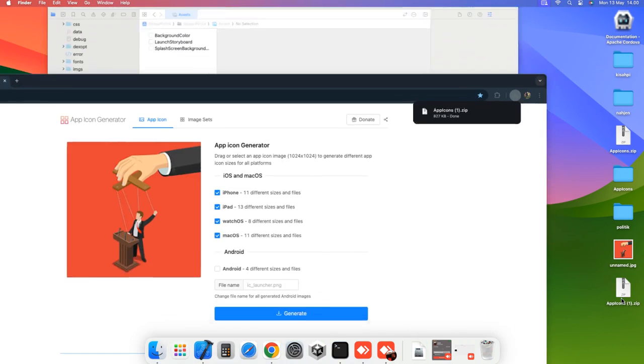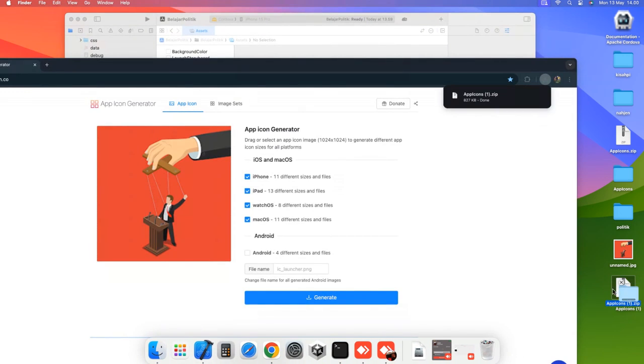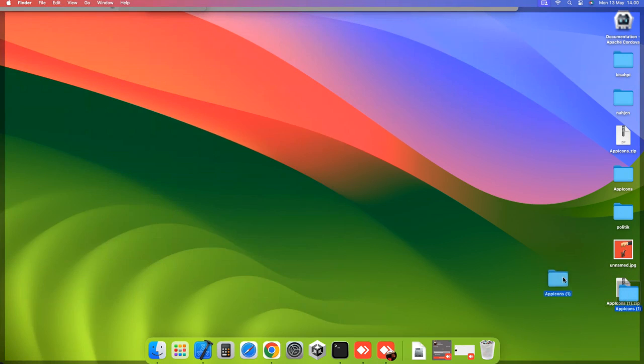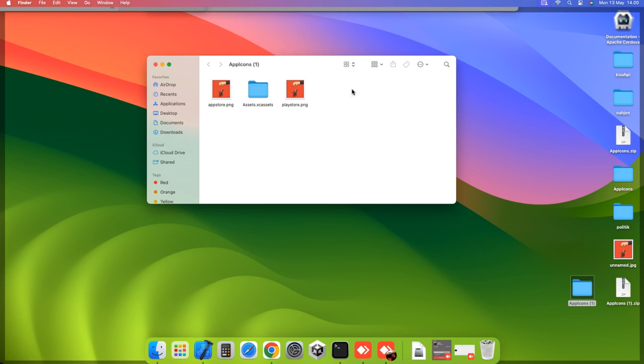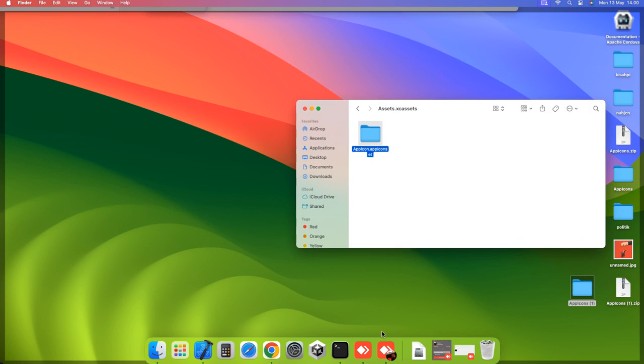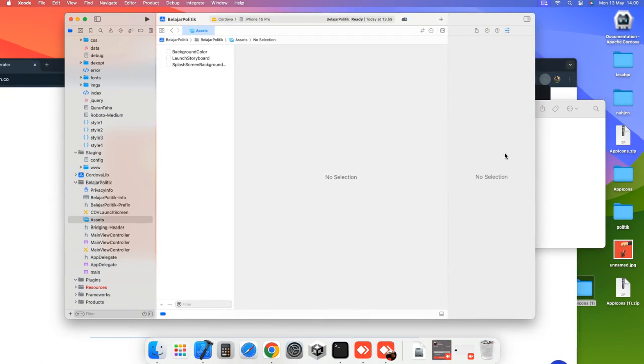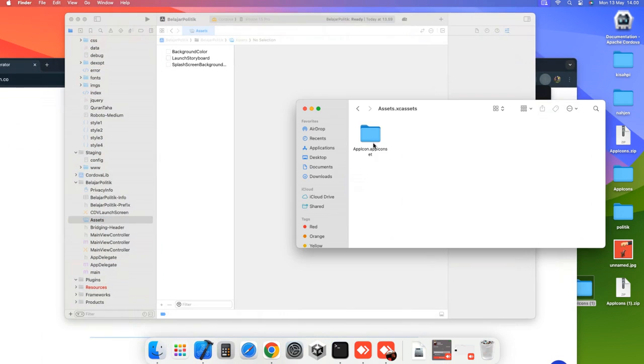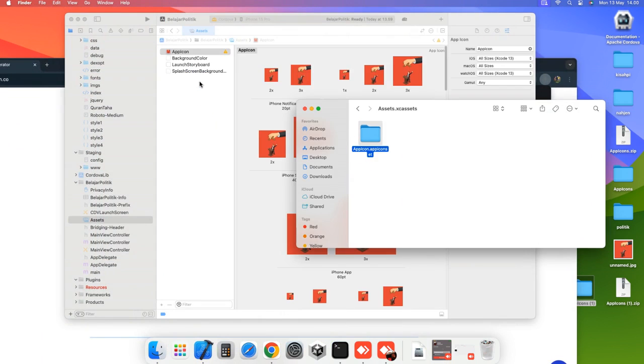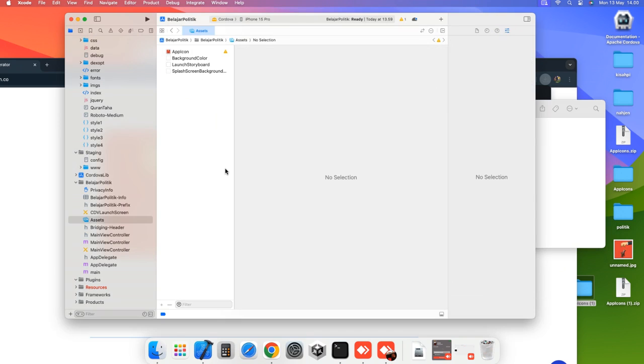It is here. Double click to extract it, open the folder. Now this one we need to bring it to Xcode, bring it like this.